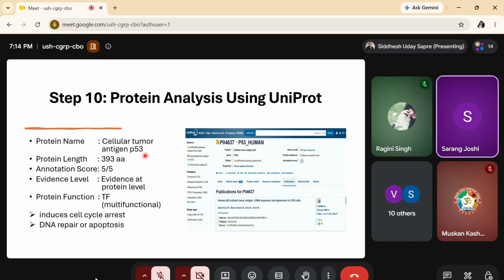By using UniProt, we also found that the protein consists of 393 amino acids and has an annotation score of 5 out of 5, which indicates that the information available for this protein is highly reliable. The evidence level is listed as evidence at protein level, which indicates that the existence of this protein